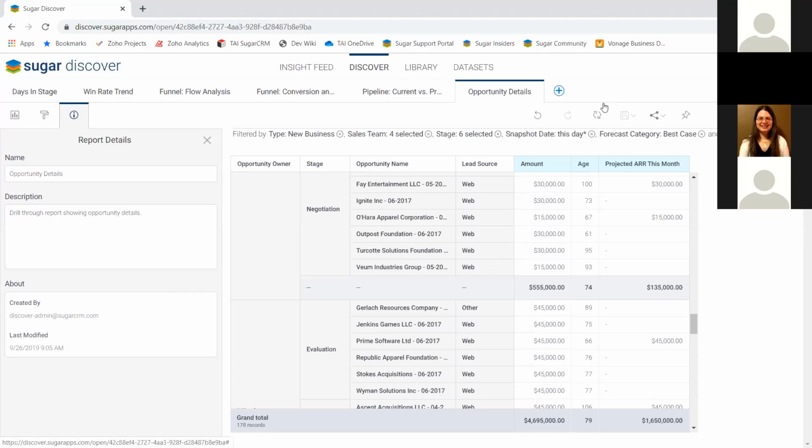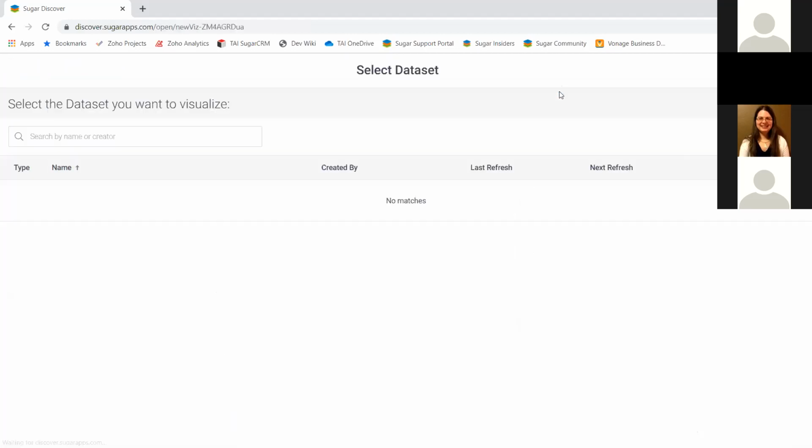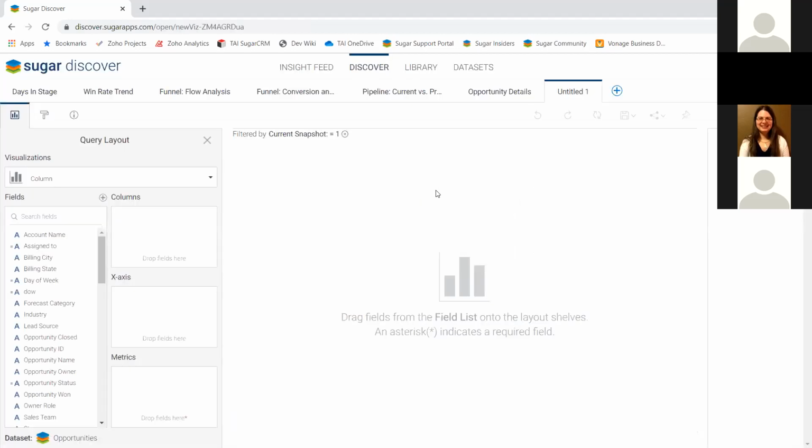I hope so. All right, so then the other thing that I want to show you with SugarDiscover is the report builder and really how easy it is to build some pretty powerful reports. So I'm going to start with a simple example, and then I'm going to go to a couple more complicated examples after that. But I figured start simple, get to know the report builder a little bit, and then build on that. The first report I'm going to do, again, simple, something you could also do with Sugar reporting,